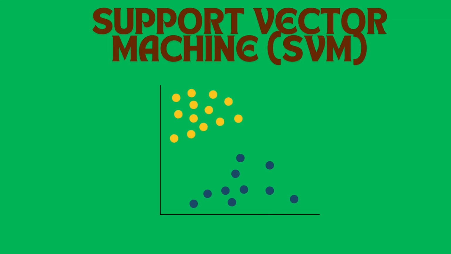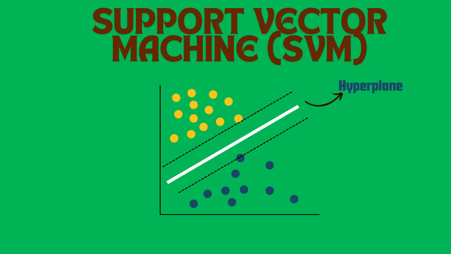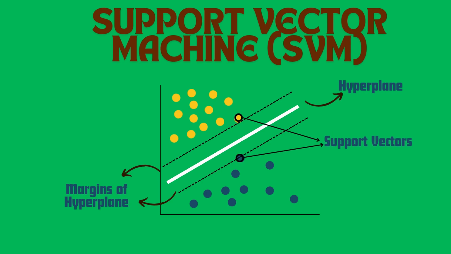Next tool is support vector machine or SVM. It actually creates a division between two data sets which is called a hyperplane, whereas a dotted line is present as the margins of that hyperplane. Now the data points that lie on the margins are called support vectors. SVM tries to increase the boundary of the hyperplane as much as possible to create as much distance between the two data sets or two classes as possible. Based on this, SVM classifies the input. This is how SVM works in brief.